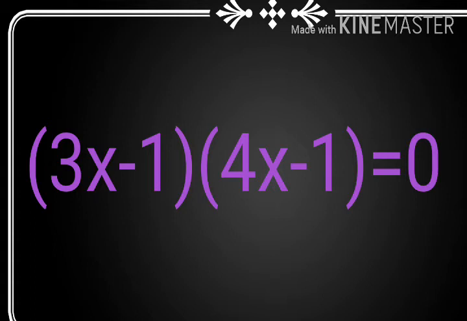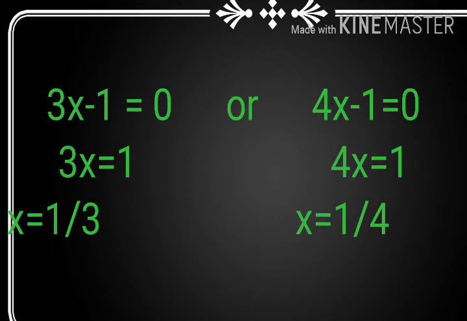So when we took (3x minus 1) outside, we get in another bracket 4x minus 1. There is no term again, so we should write 1. So (3x minus 1) into (4x minus 1) equals 0. Okay, then you know how to find the roots.